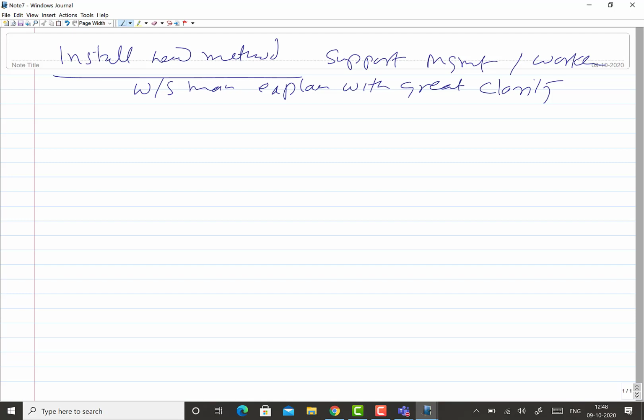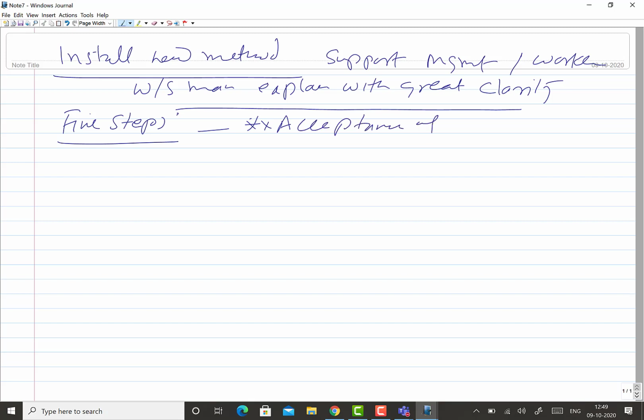Okay, so considering the benefits and savings, the support of the workers and of the management will be realized. There are 5 steps as far as the installation is concerned. These are very simple steps. The first, as I said, is that you need to have the acceptance for change by the supervisors or the shop floor people.